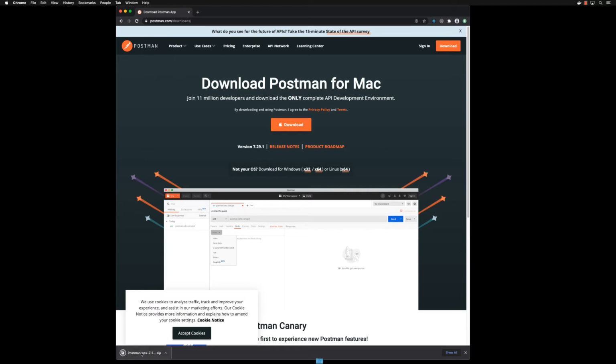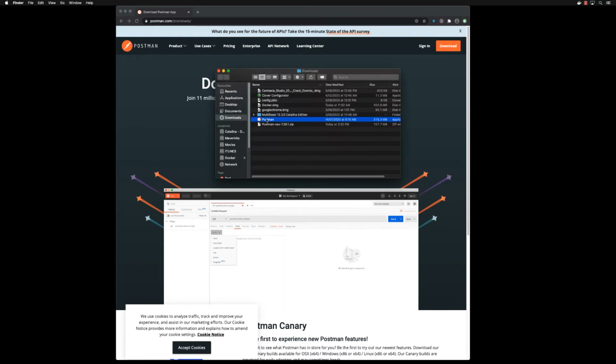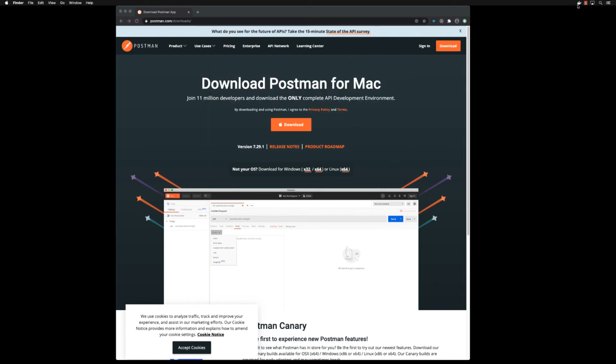So once it finished download, I'm just going to click it here. And this is just going to open our Postman. And what we can do here is just drag to application. If you're on Windows, just click twice and follow the prompts. Next, next, next. So now that I have this tool, I can just call